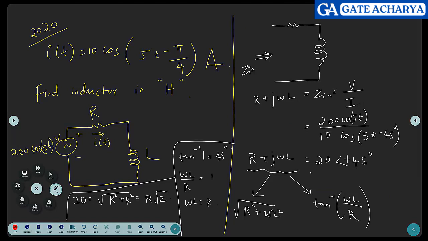You can find R, whatever you want, which will also be equal to omega L. And you can say omega L root 2 is 20. Omega is 5. L equals